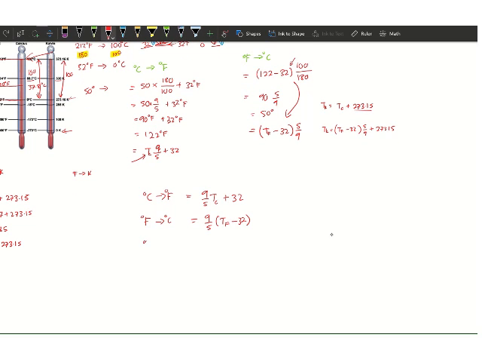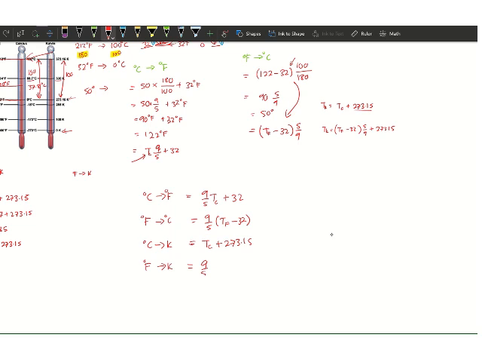Then Celsius to Kelvin: T_K equals T_C plus 273.15. For Kelvin to Celsius, we just subtract instead of add. Then Fahrenheit to Kelvin: